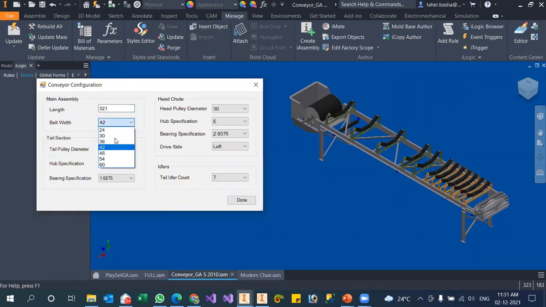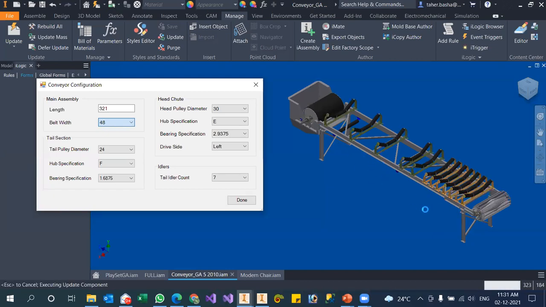I just go for changing the belt width to 48. What happens here? It will change the belt width as well as the rail on which it is mounted. Drum sizes and all, everything will change automatically. So you need not rebuild these complex models again and again.